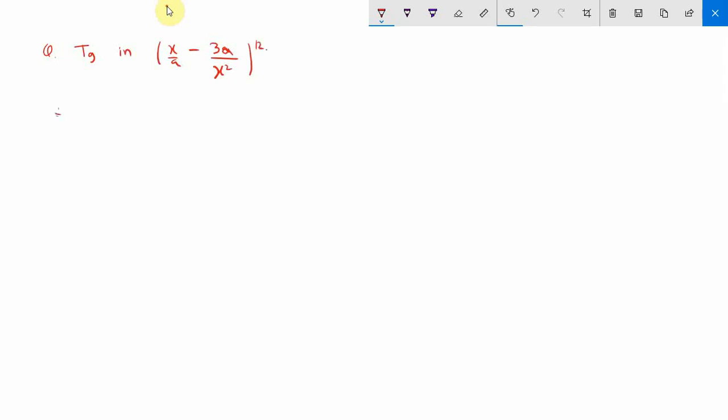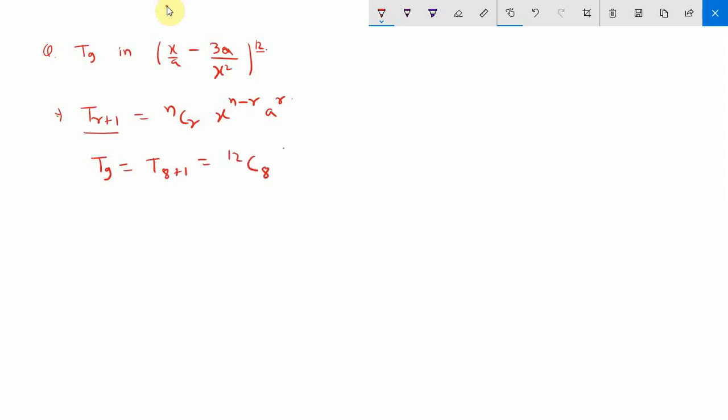So we know T(r+1) = nCr x^(n-r) a^r. So if we put r equal to 8, we will get T9. So T9 can be written as T(8+1). So it will be, see, n is given as 12. So 12